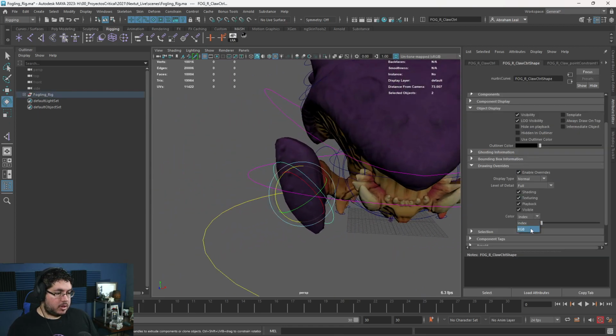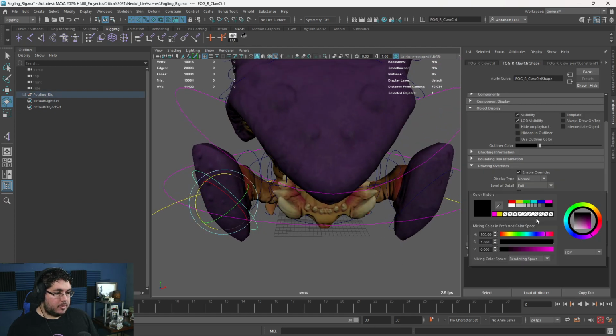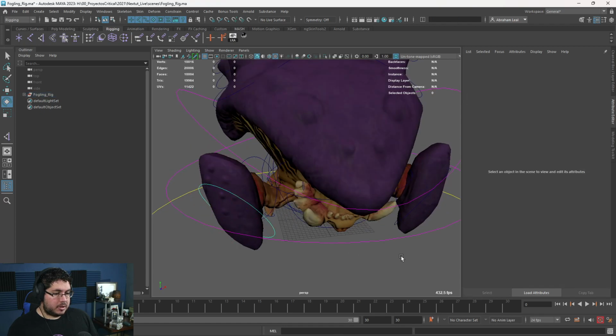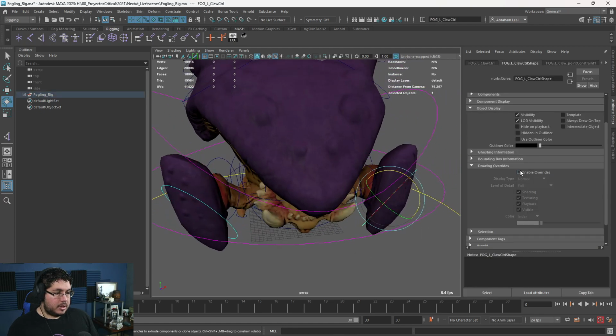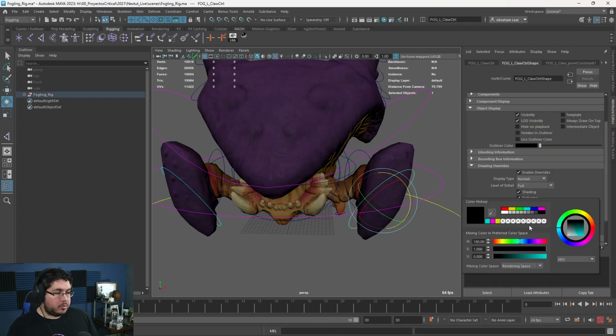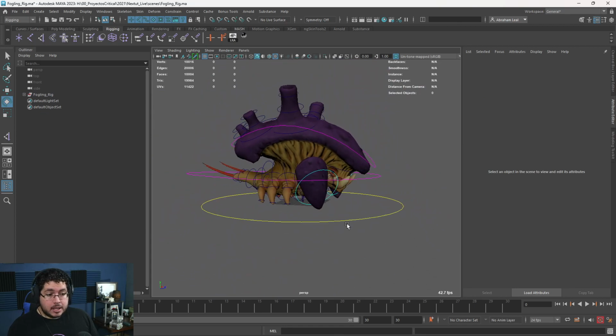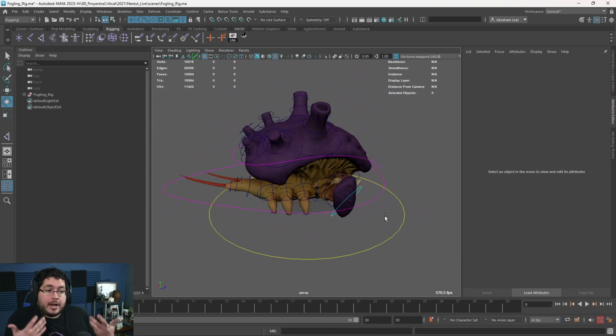This guy's right here, for instance. It's a shame, I think you can't do this on both of them. You should be able to, but it seems like you can't. So yeah, let's just make this a blue, for instance. And this is one of the ways in which you can clean up your stuff. I'm not going to bore you with the whole process. I'm just going to give a color to all of them. And that's it, guys. We're pretty much ready to start animating.